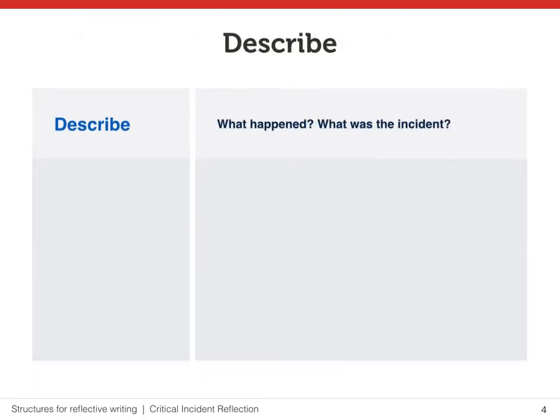The D in DIEP stands for describe. It is necessary that you first describe the situation you're reflecting on. Do note, however, that this does need to be kept as brief as possible. Describe what you only need to describe so that your reader can follow the rest of your reflection. Recounting the details of your incident does not constitute reflection per se. It would be a mistake to let the description of your incident go beyond a quarter of the word space.